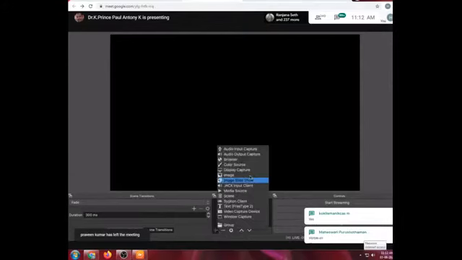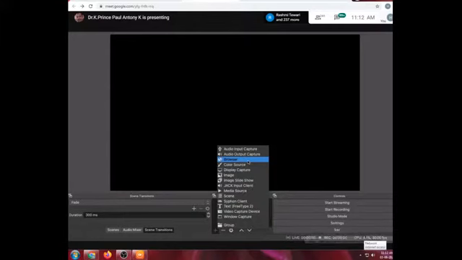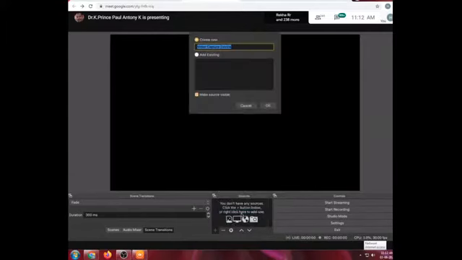Once you have downloaded it, you will get a window like this. In this window, you will have sources. This is the source in which you are going to develop your video. You can find this plus symbol here. Click that plus symbol. If you are going to use the browser as your display, you can click browser. If you are going to use a video capture device, you can click video capture device.